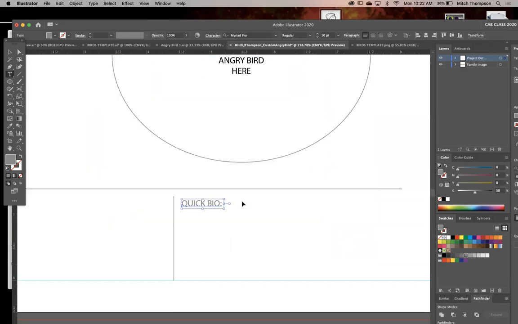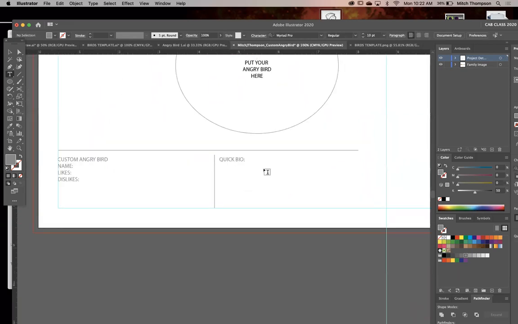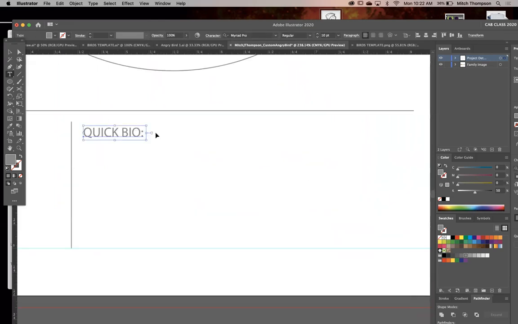Now notice I didn't do a paragraph. I did a line for the quick bio. You guys may know, or I'm not sure, but at any time you want to turn a line of copy into a paragraph and vice versa, this is actually a neat little trick. If you select on the line of copy, so go ahead, hit Command for a second.